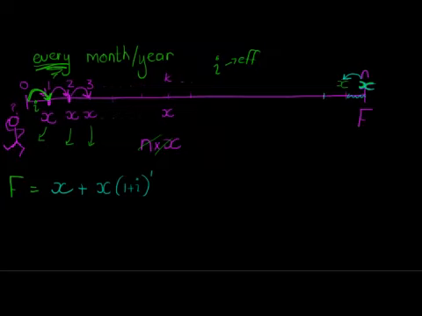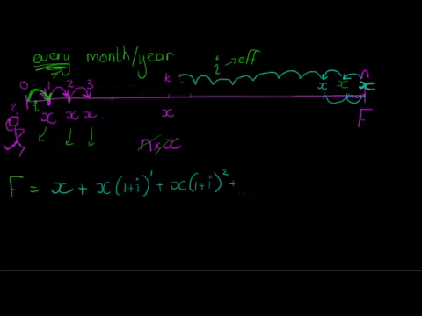Okay, the second one before that, there was an X there, and it earned interest for 2 time periods. So interest was added twice, and I'm sure you can see where this is going. If I do this all the way for every single one, all the way to there,